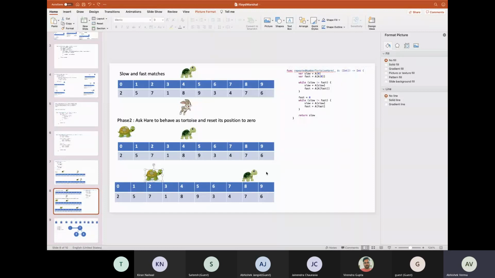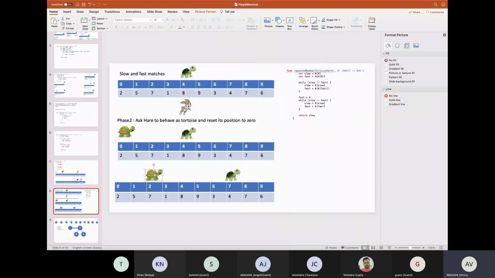Now, since 8 and 2 are not equal, I will again check whether the slow and fast pointers are equal. They are still not equal, so slow will move to a of slow, which moves to the 7th position, this position.